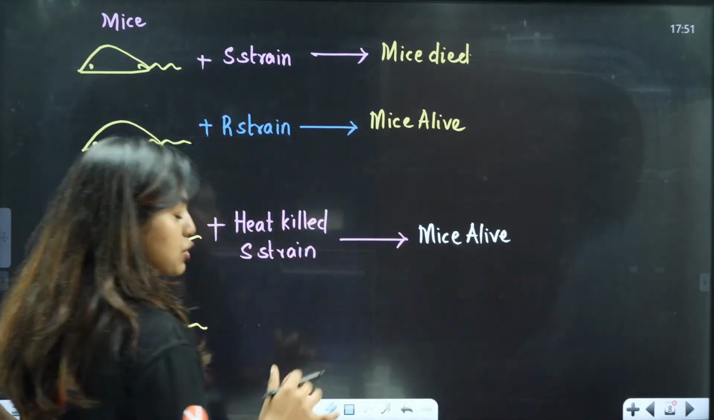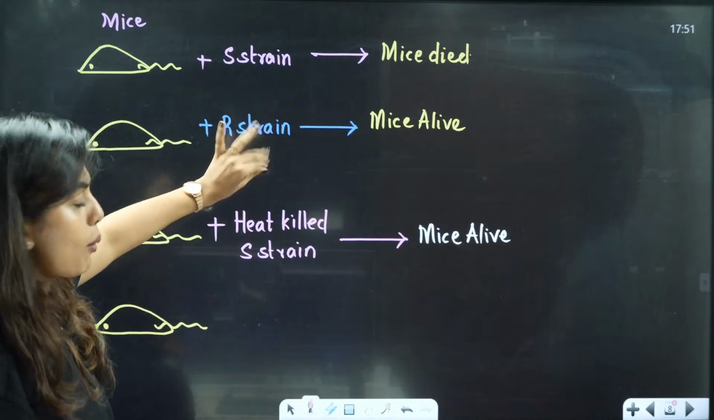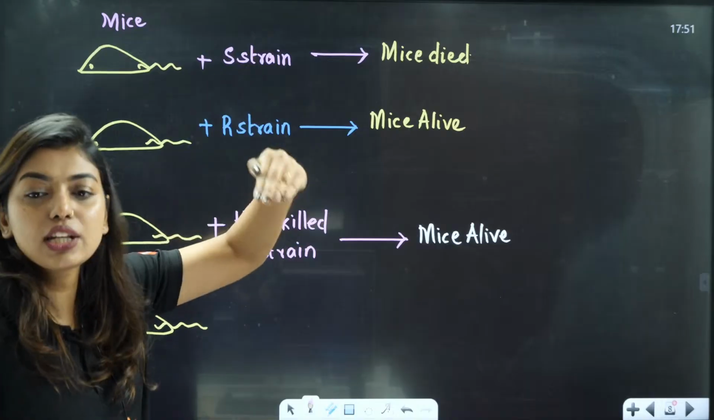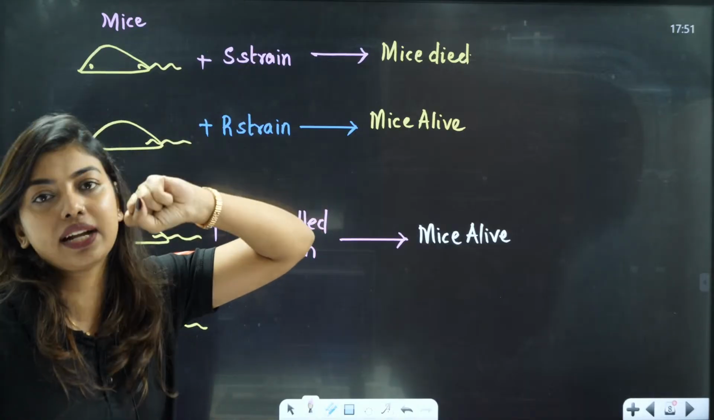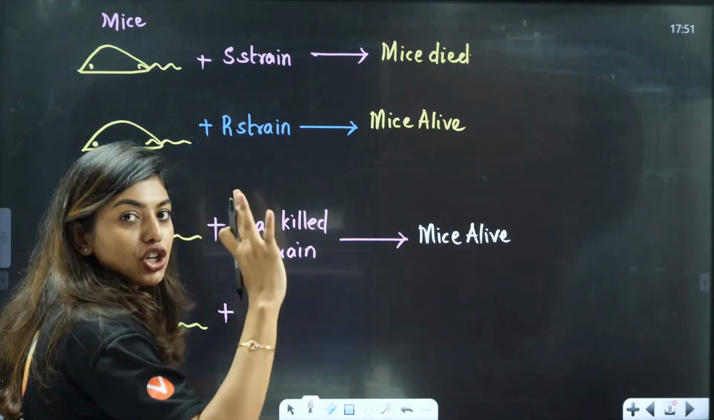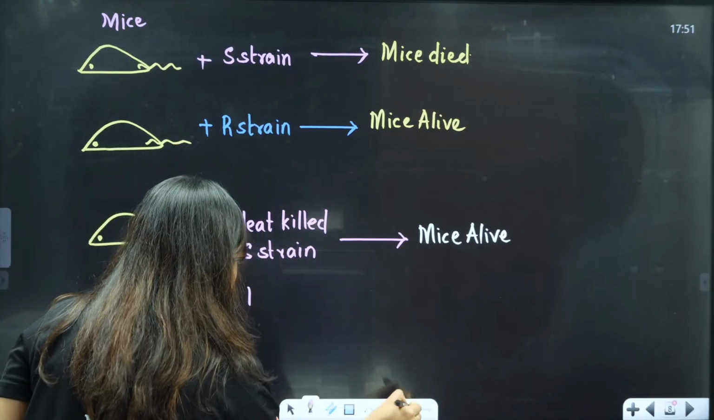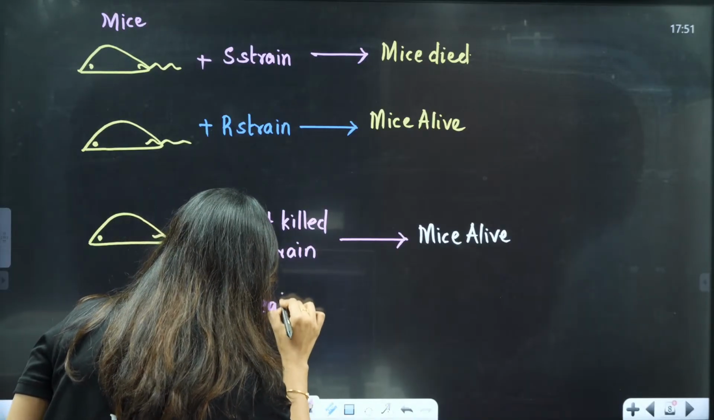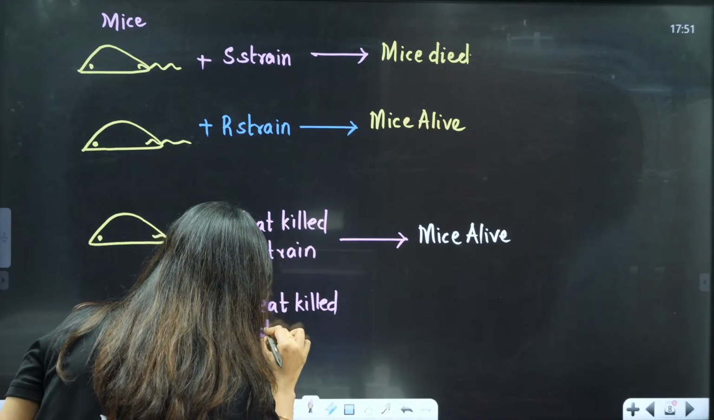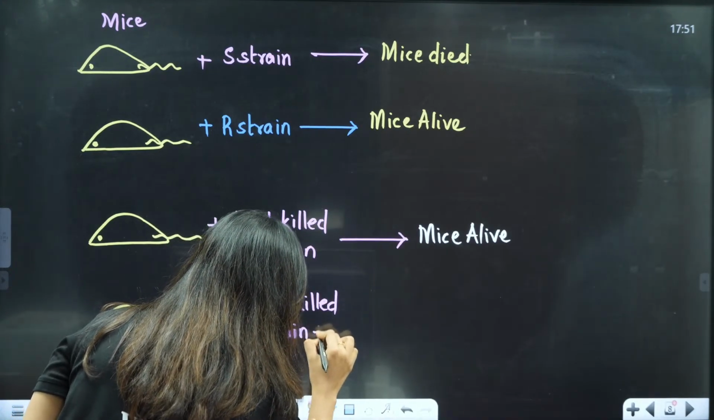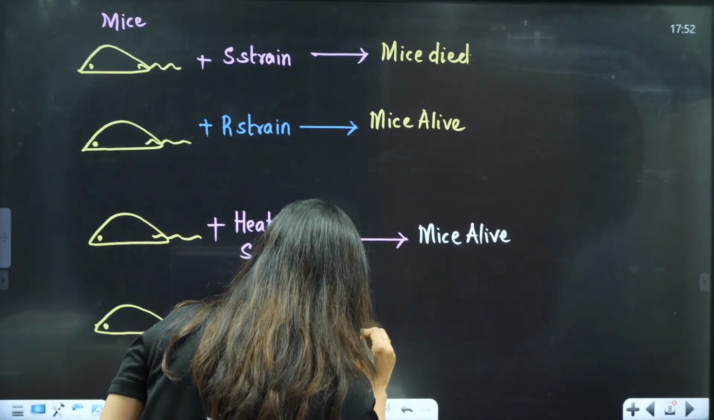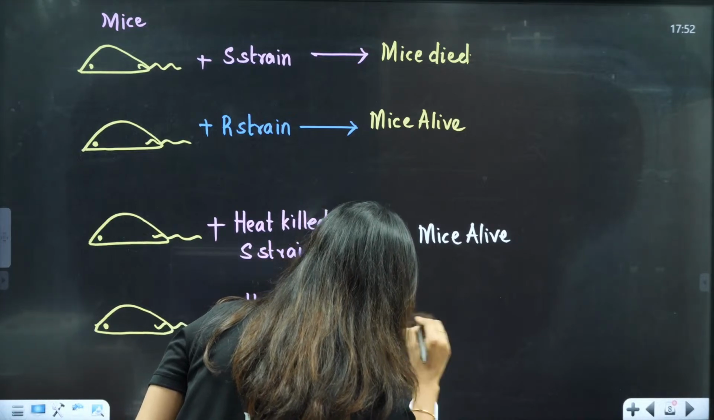Griffith thought, okay, both the scenarios where the mice is alive, let me mix that. So what did he do, students? He tried a different combination. He used heat killed S strain plus R strain, and